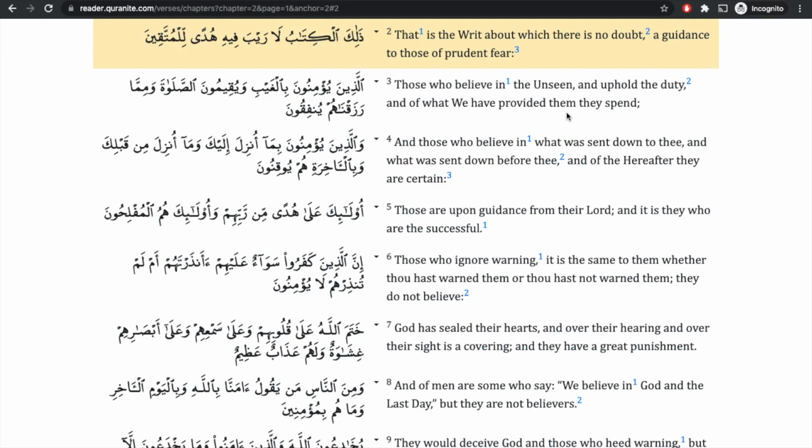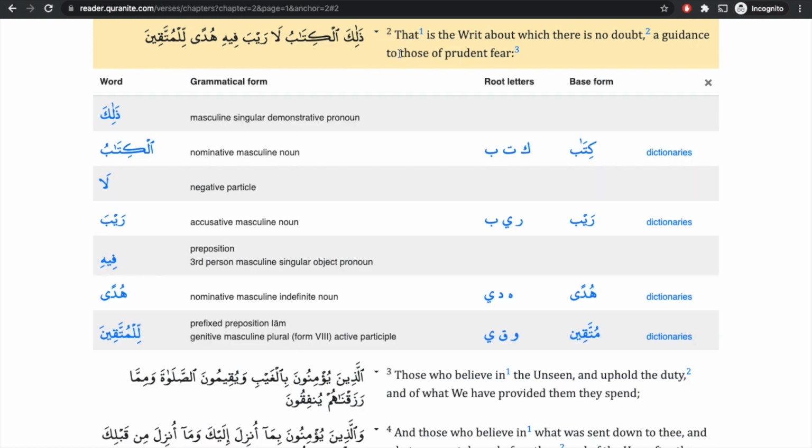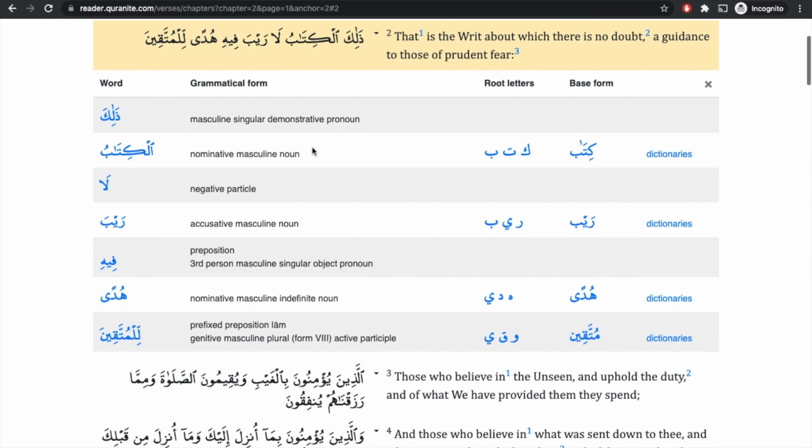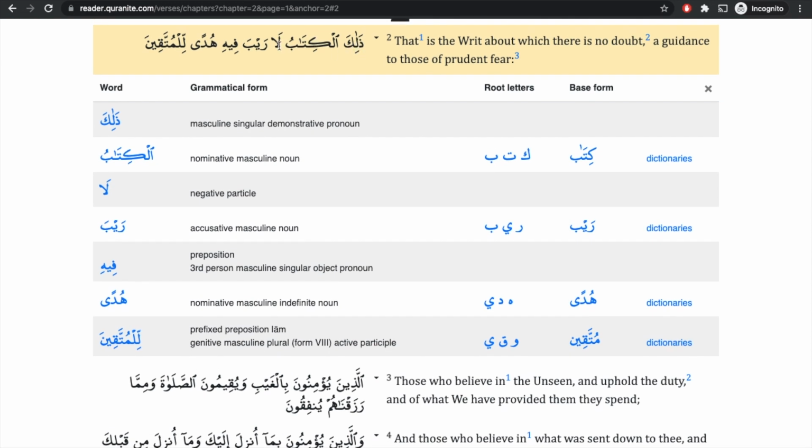Okay, and I'm going to show you the Arabic grammar panel. We're going to click on the middle arrow and select Arabic grammar, and this will open up the Arabic grammar panel, which gives you a line by line grammar detail of the words in the Arabic text. So we have here ذَلِكَ الْكِتَابُ لَا رَيْبَ فِيهِ هُدًى لِلْمُتَّقِينَ, and these words are now split up into a table format,